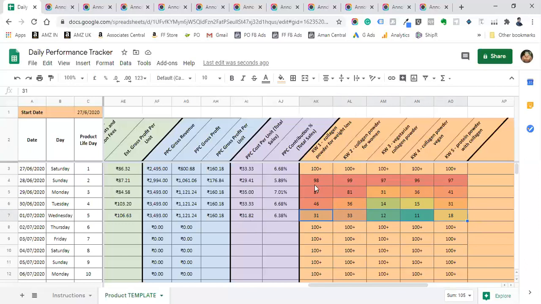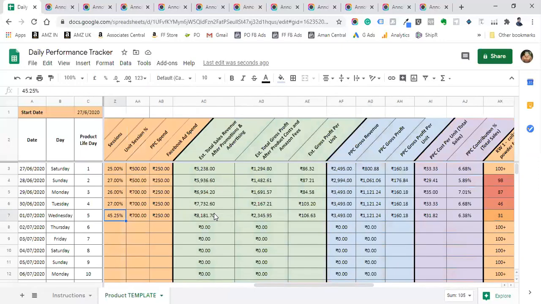Once you have this data in your hand on a daily basis, it will be easier for you to understand where we are lacking effort, so that we can concentrate there. Is our PPC costing more? Are our Facebook ads not effective? Or are we not getting enough page views, or is the conversion rate very low?